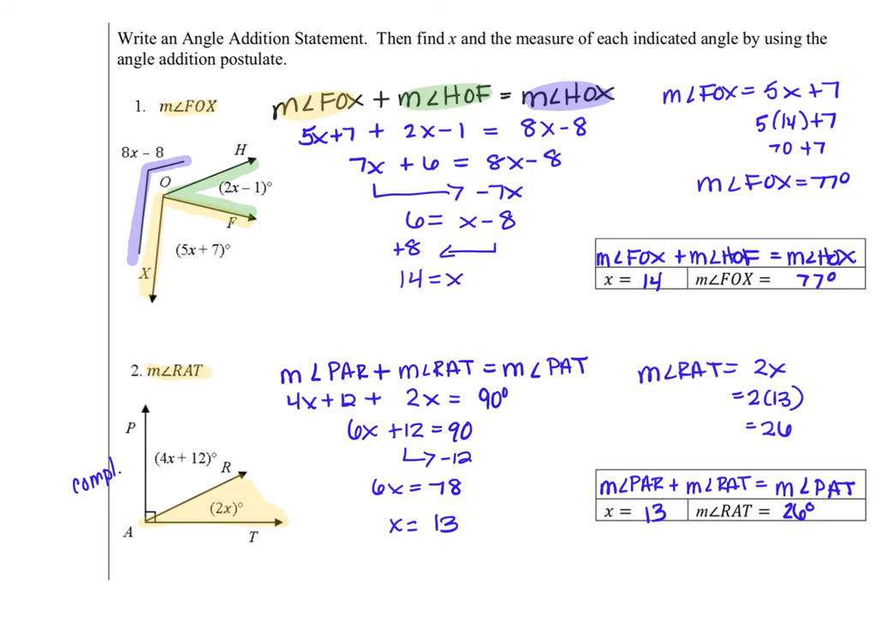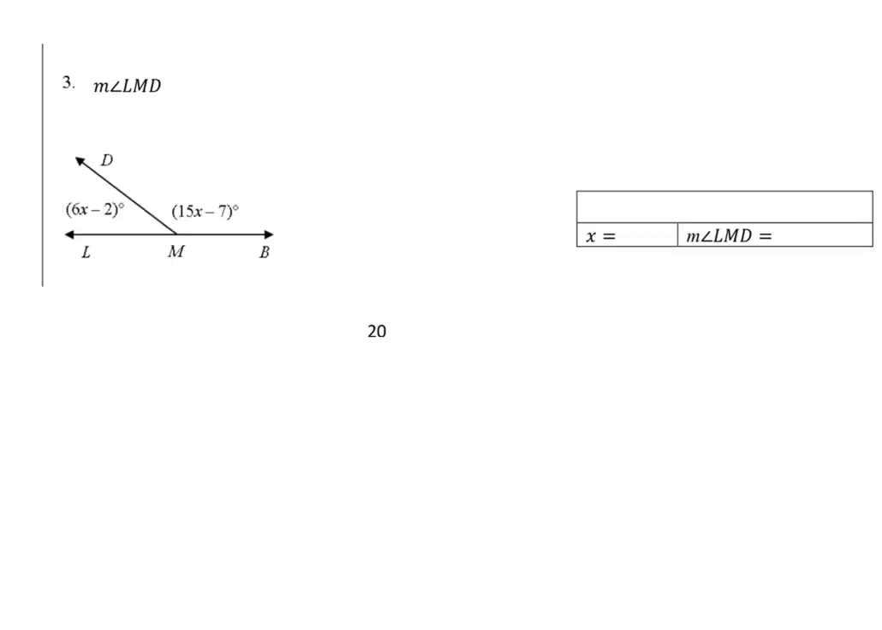Okay, and just so you guys know, if you labeled your angles RAP instead of PAR, that is okay. And then if you switch the order of these, so if you did this one plus this one, that would still be correct. So in this next problem, we're looking for the measurement of angle LMD,